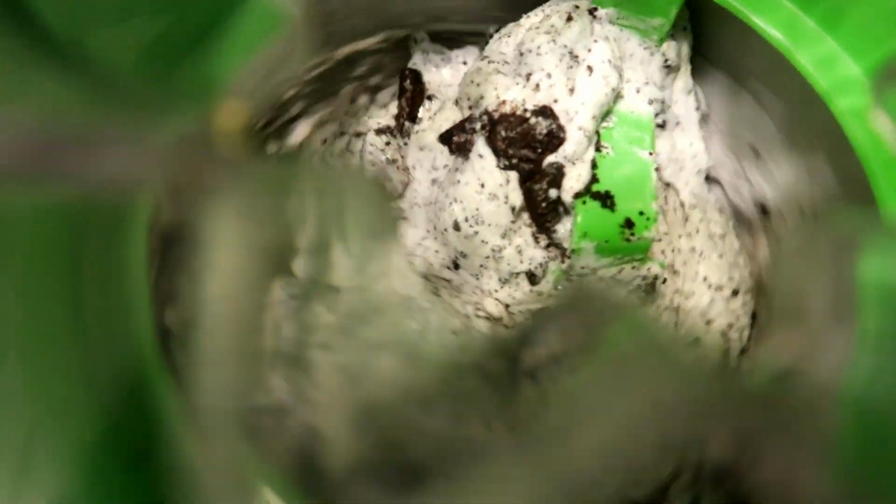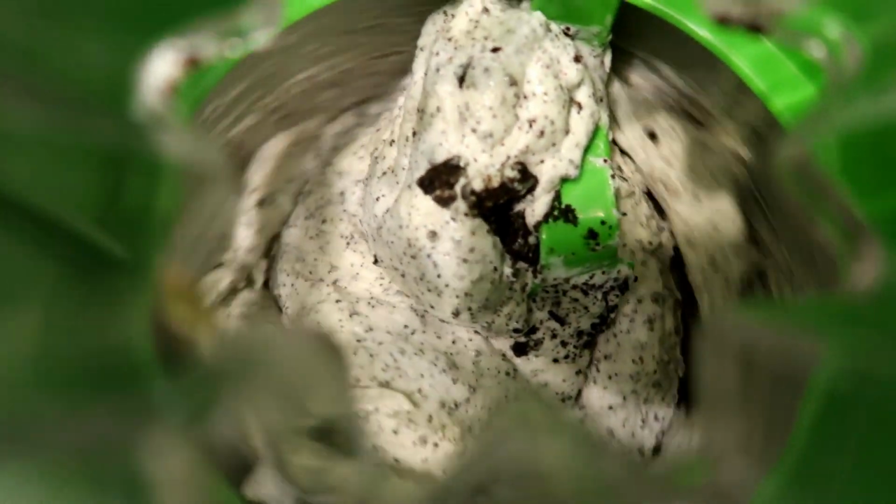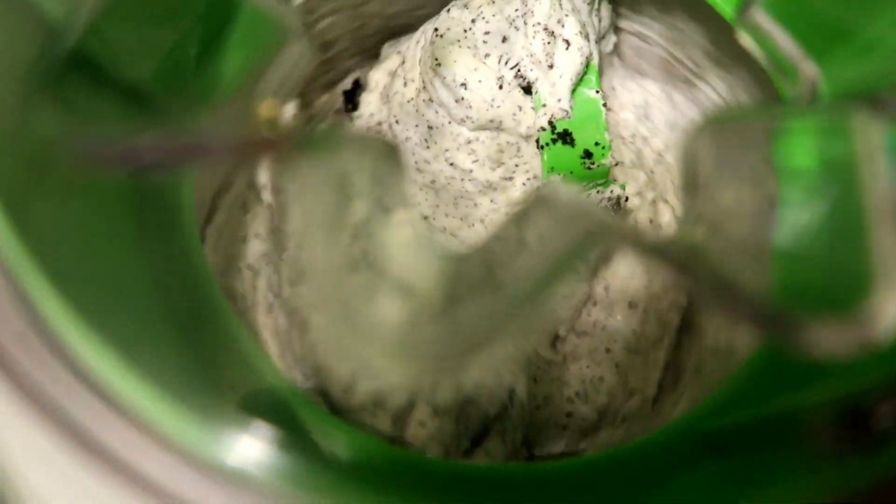And this machine, you guys, is over 10 years old. It makes absolutely amazing ice cream. You can make this vegan if you want. You can use almond milk. You can use honey. I've done this with honey before. It is fantastic if you don't want to use the cane sugar. Okay, so I'm getting ready to turn this off, and I'm going to put it in this container below